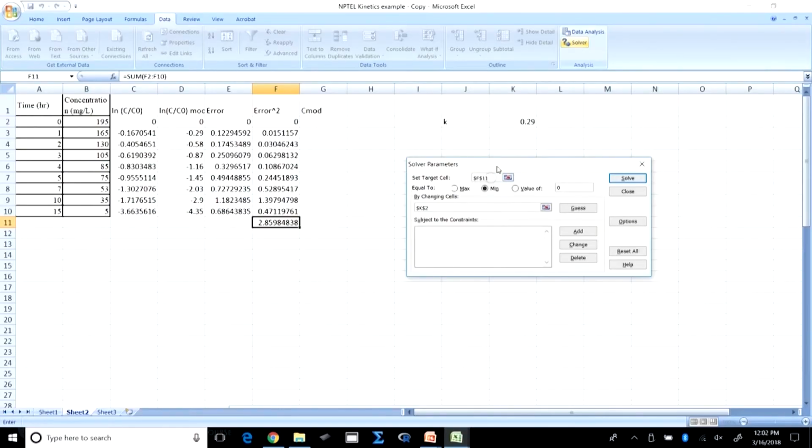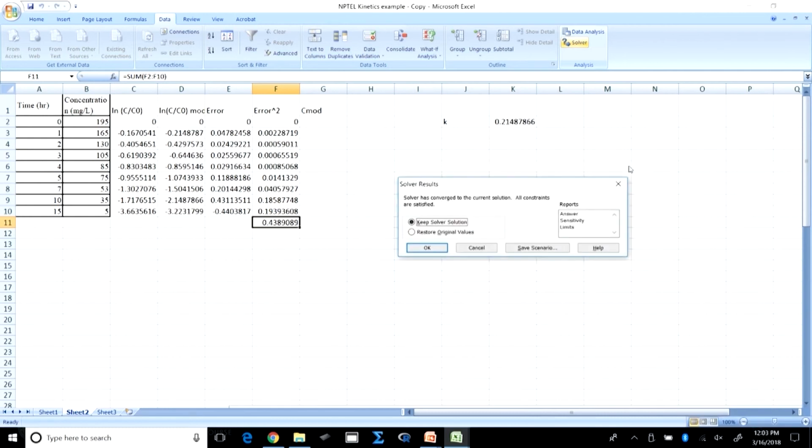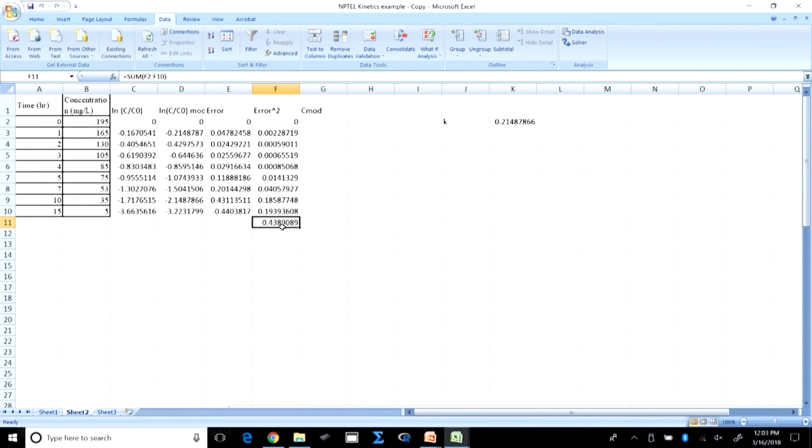Again, go back to Solver, right? And then the target cell is obviously this error, and it has to be the minimum, by changing which cell? It has to be K2, okay, it seems like it's set at K2. Okay, and I'm going to ask it to solve it, right? F11 and K2, okay, solve, and looks like I end up with a value of 0.21, and now you see